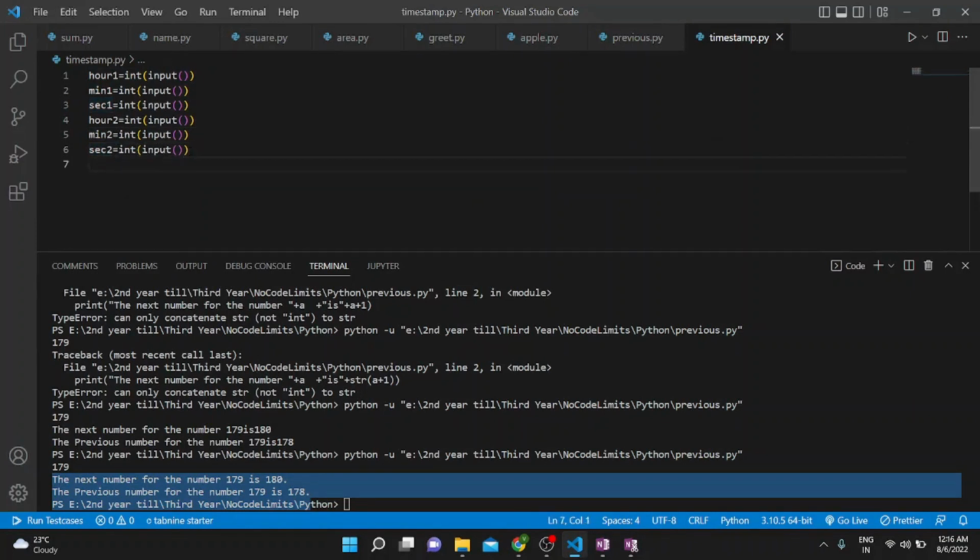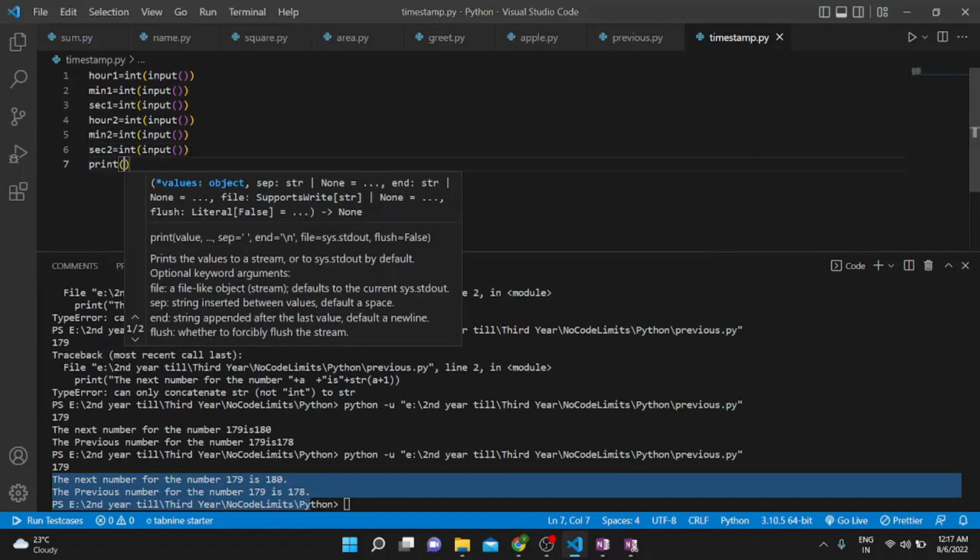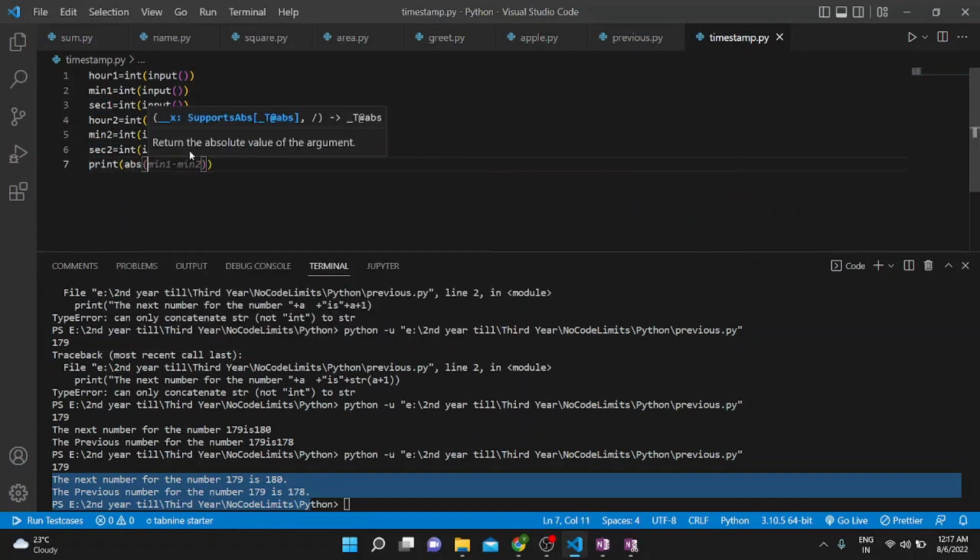And next we have to apply the logic. So we would use a print statement. So what is our logic? I would use an absolute function. Absolute function means, like, if we subtract